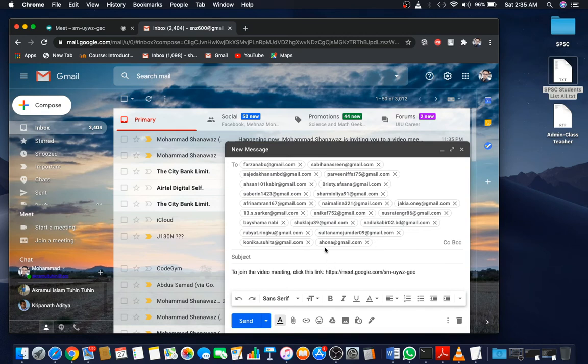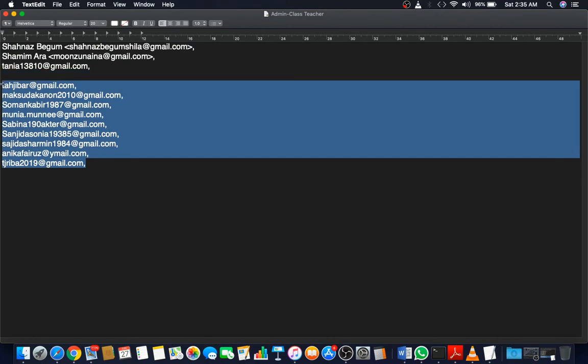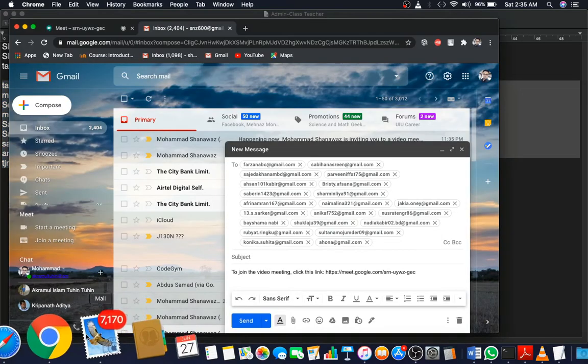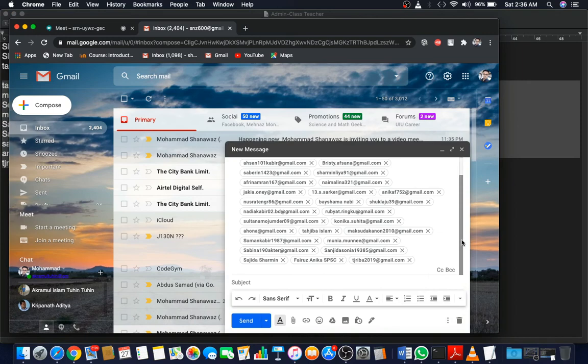This is the way I can connect all the students, and I can add the teachers also here. If I want to send the email to the teachers also, I just give an enter, copy the teachers from there, and simply paste them with the students, so that all together I can send the information to all of them.